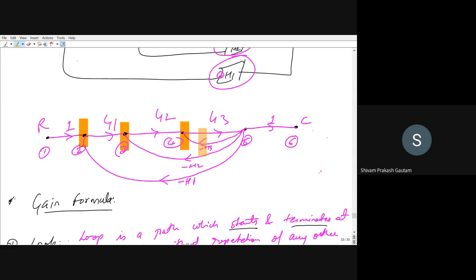5, and then 6. Suppose you are at node 1, node 2, and then you want to take another path, but you see that the direction is not matching, so you cannot take this as a forward path, right? Because from here you have to go like this to reach node 6, but the direction is opposite. Similarly, from node 3 you cannot go from here because the direction is not matching. From node 4 you cannot go to here. So there is only one forward path in this signal flow graph. Are you getting my point? What is the forward path?